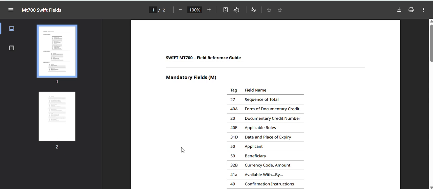My name is Naveen. Today we are going to see what are the important fields that are there in MT700, and if you want to be a trade finance professional, either in the banking field or you want to have your own business, and if you want to do safe trading activities or trade finance activity,